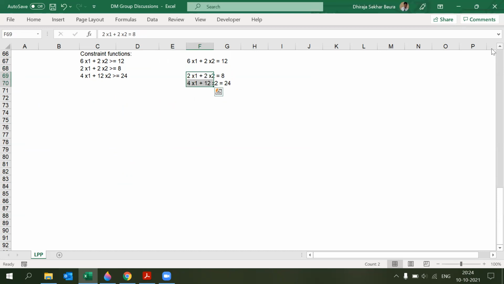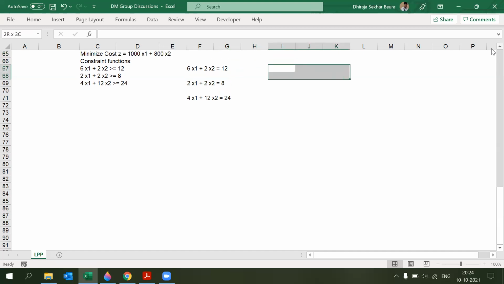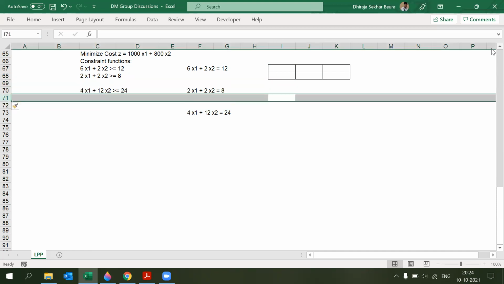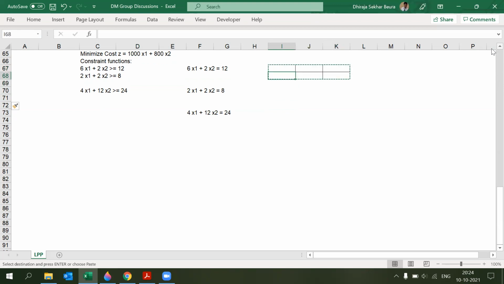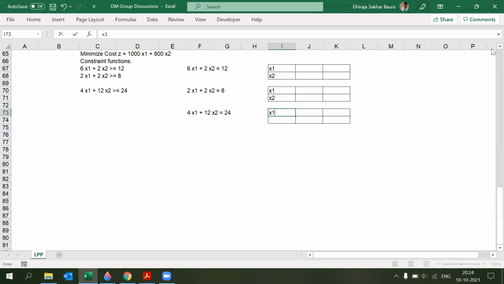Awesome. So once we do that, then we need to find out the coordinates. How do we find the coordinates? Anybody has any idea how to find the coordinates? We have to take x1 and x2. Then for each x1 and x2, we have to write the coordinates. So for each of these equations, we'll have at least 2 coordinates so that we can draw the line.